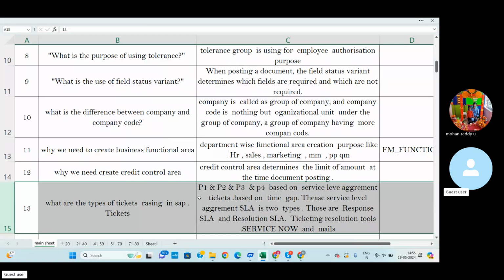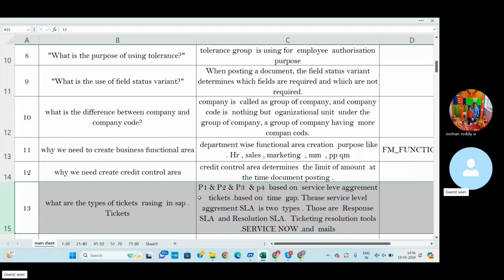Here I'll explain the types of tickets. The tickets are defined based on the client level agreement. If the company takes an agreement with the client, at the time of agreement both company and client discuss and agree. They can finalize tickets defined like P1, P2, P3, P4 and P5. P1 is the first major priority ticket, P2 is a somewhat lower priority, P3 is lower priority, and P4 is below lower priority.